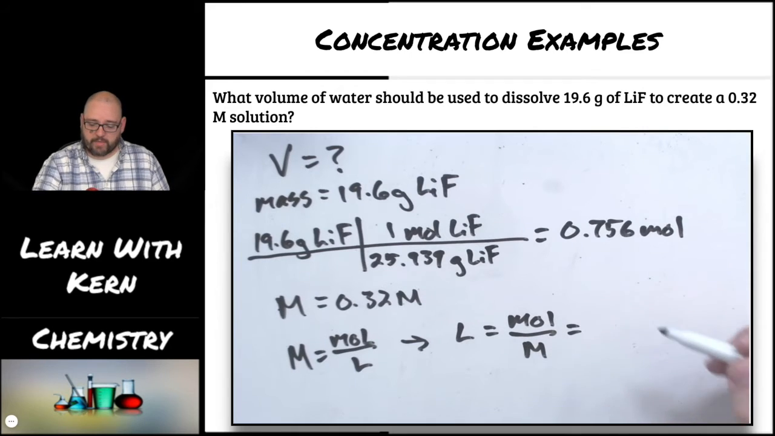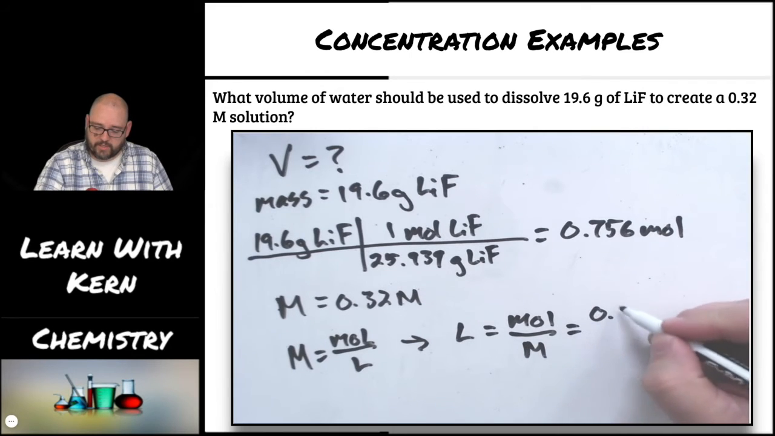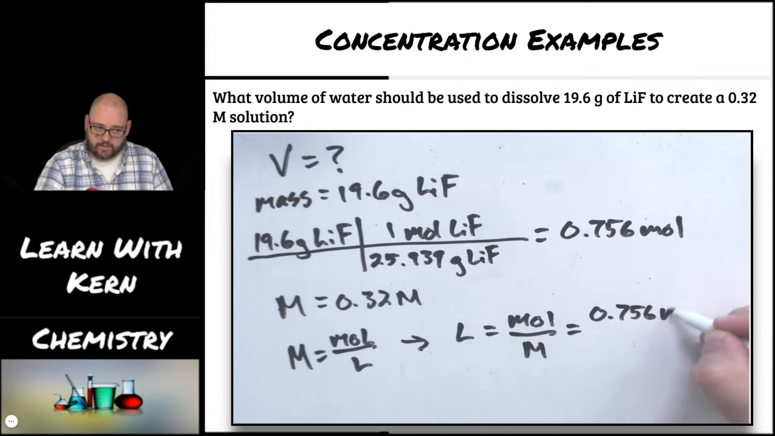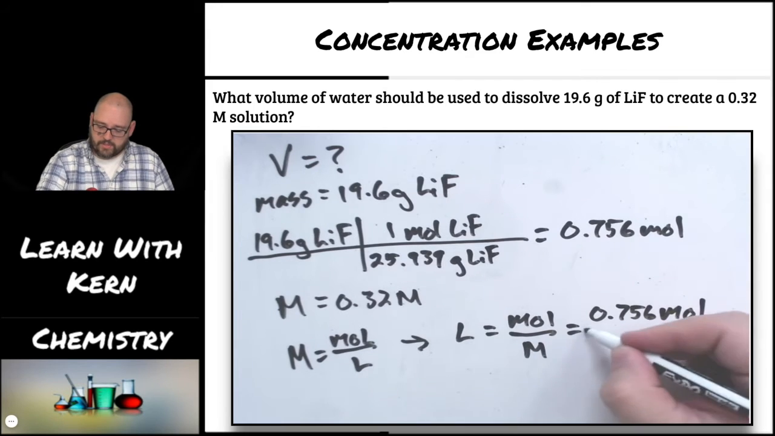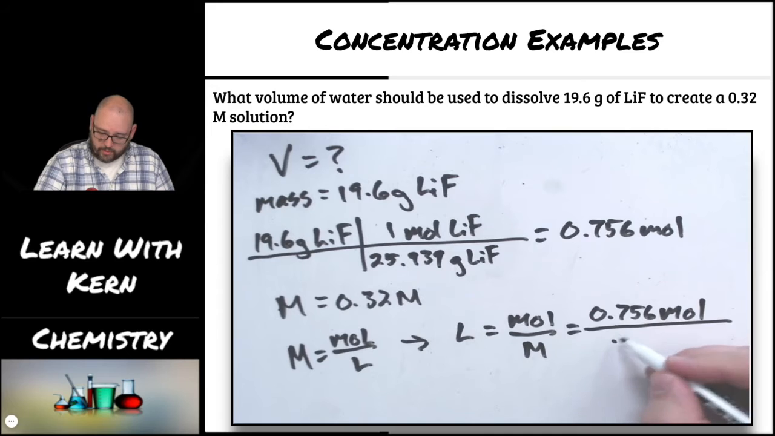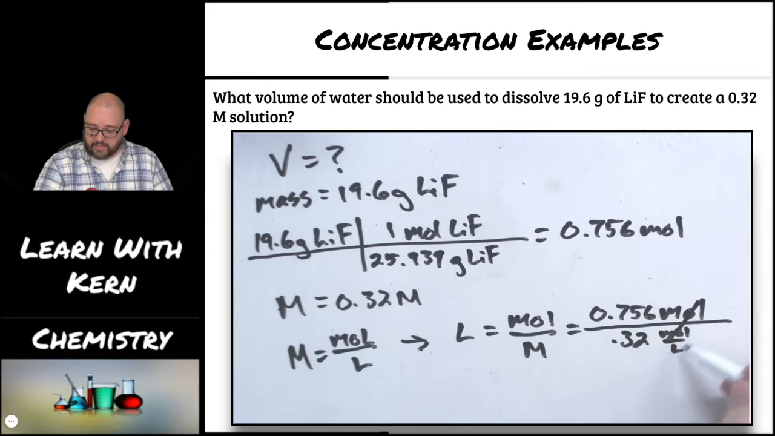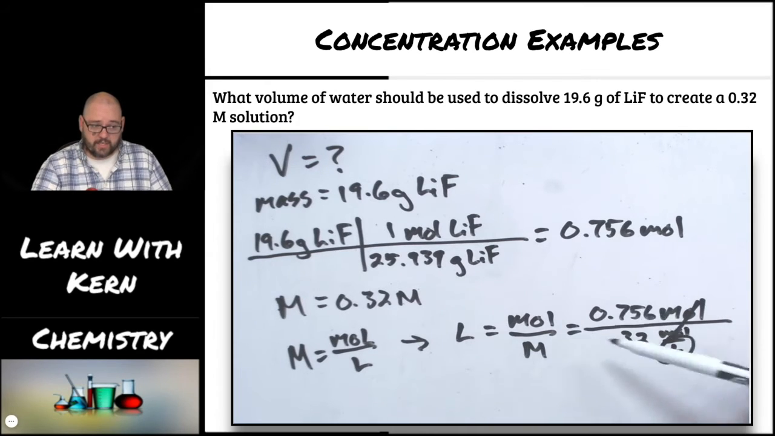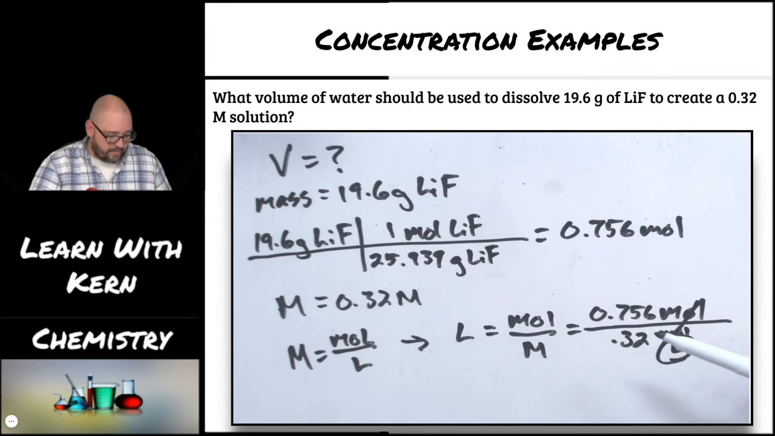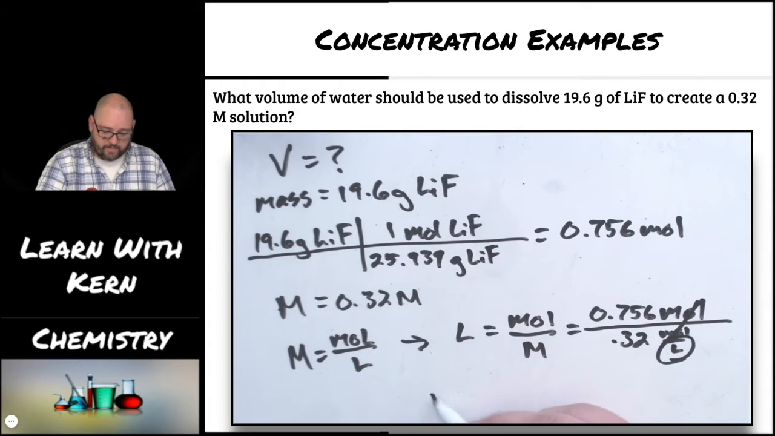So now if I plug in my numbers, I have 0.756 moles divided by 0.32 moles per liter. That's my molarity. The moles cancel out, I'm left with liters. So that gives me my unit. So now let's look at the number. 0.756 divided by 0.32 gives me a final volume of